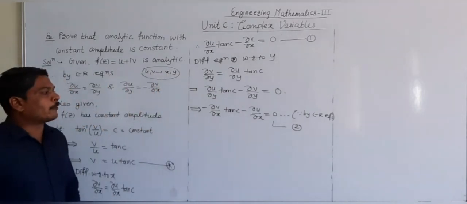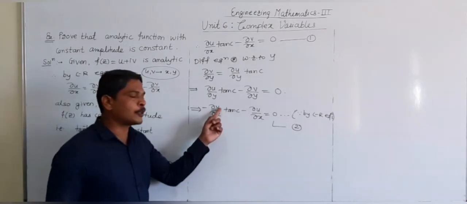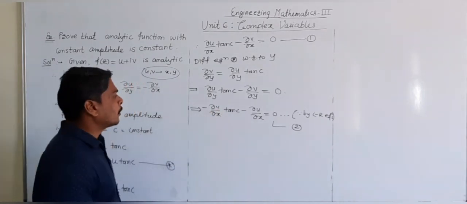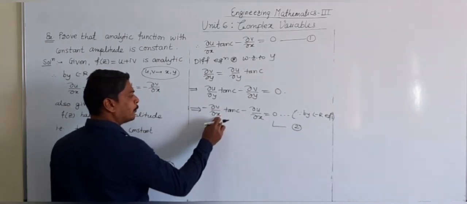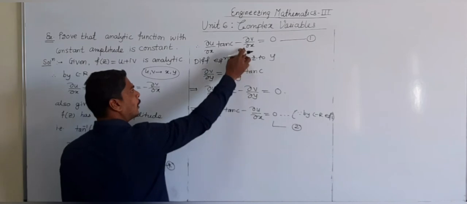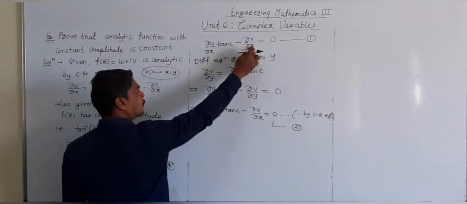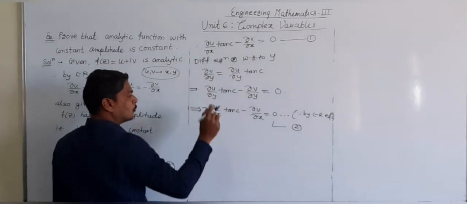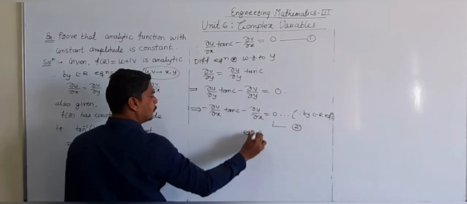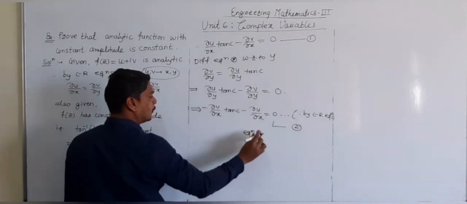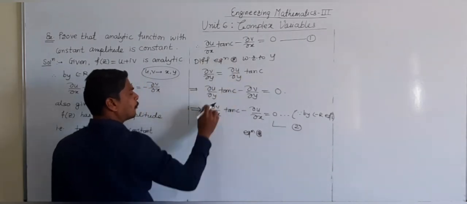Now from these two equations, first of all, I will remove the term of partial derivative of v with respect to x. And for that, I will check what the coefficients of partial derivative of v with respect to x are in equation 2 and in equation 1. So in equation 1, partial derivative of v with respect to x has coefficient 1. So multiplying equation 1 by 1 means nothing. Okay. And then take the subtraction of both these equations.